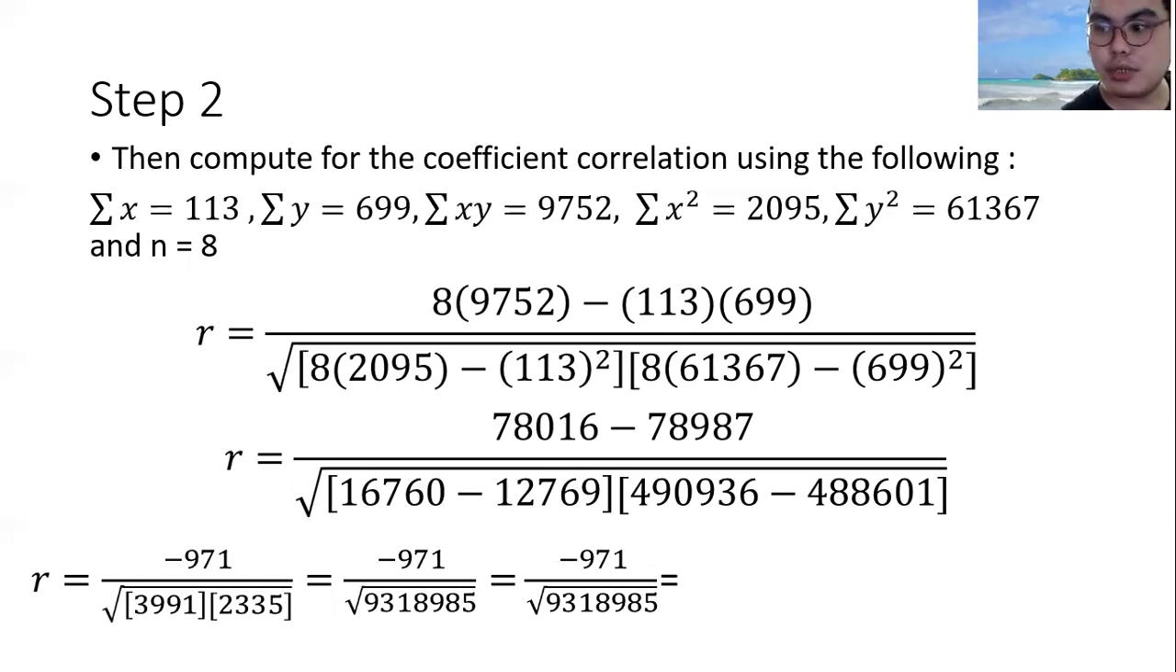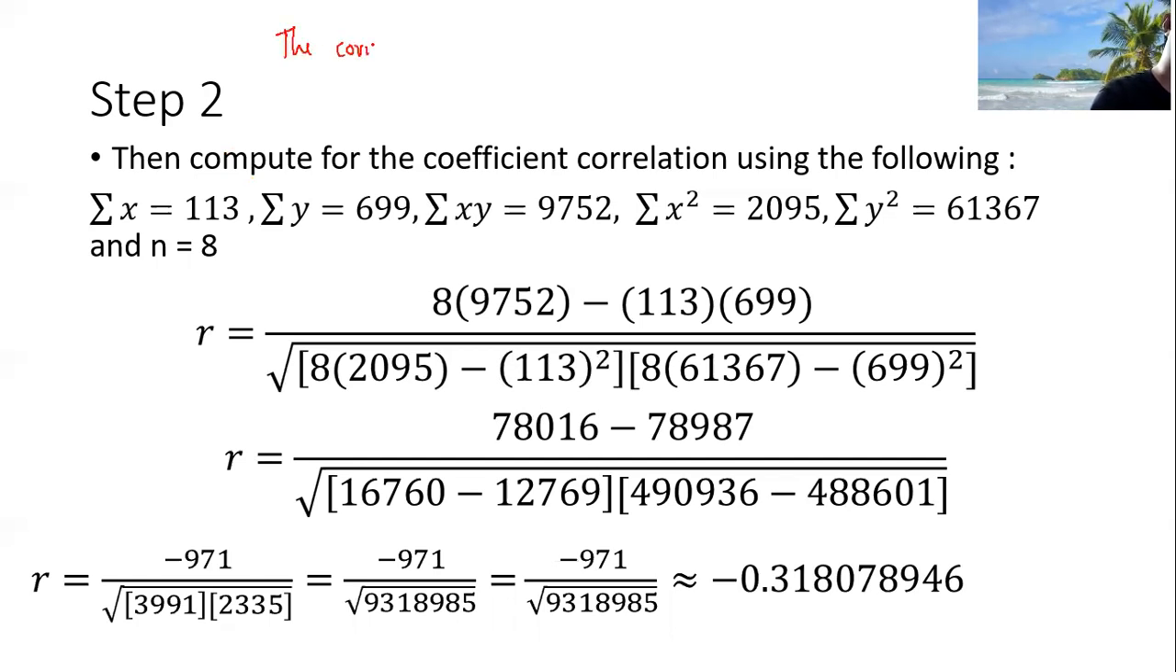Okay. So what are we going to do here is, okay, negative 0.318078946. Okay, so here's what am I going to do. So nag-decide ako na i-approximate siya kasi hindi talaga siya exact. So ibig sabihin nun, okay, can I write the correlation between the number of minutes and scores